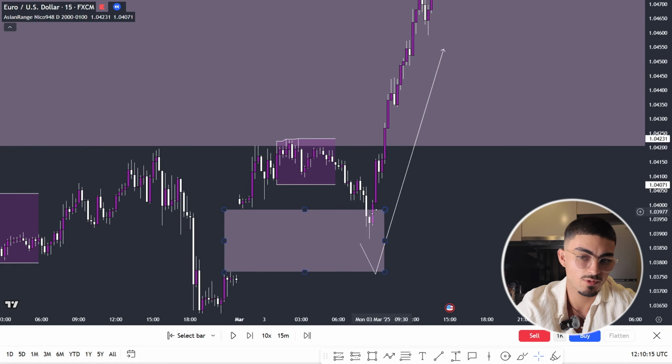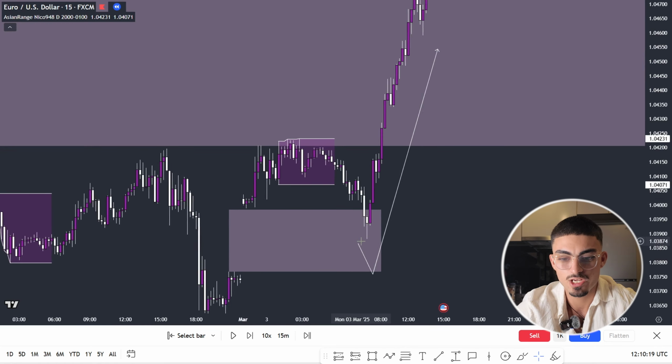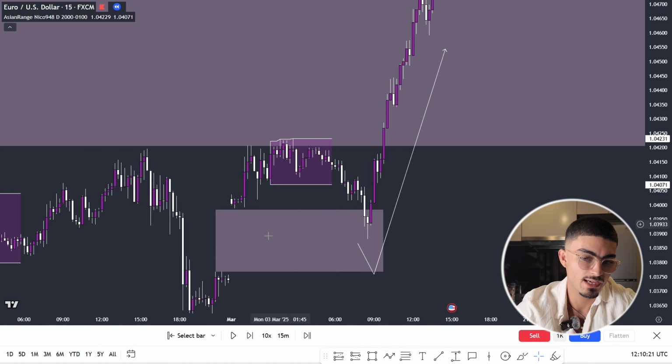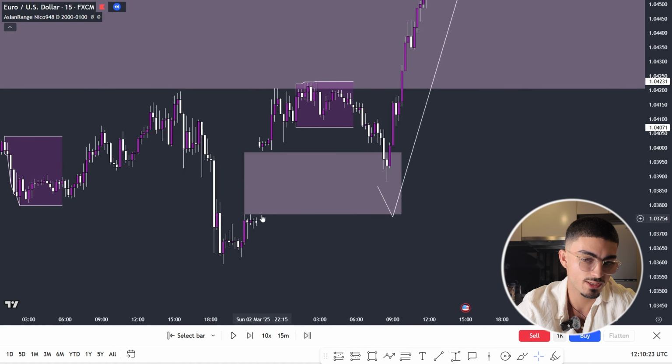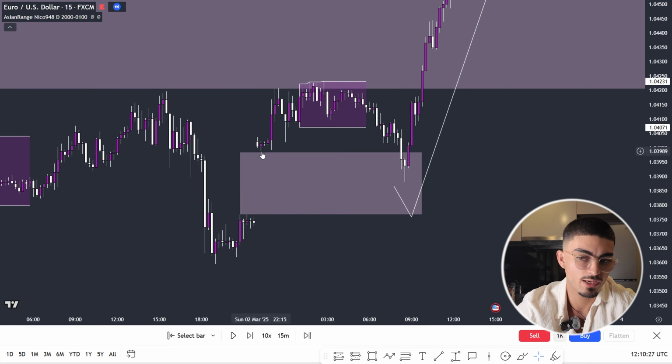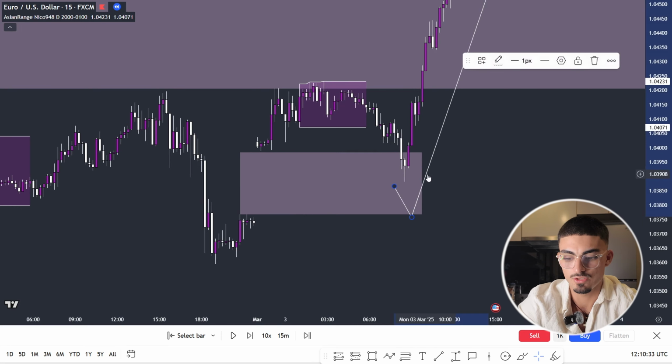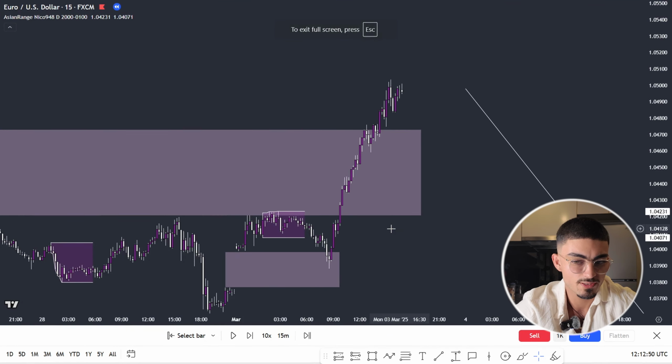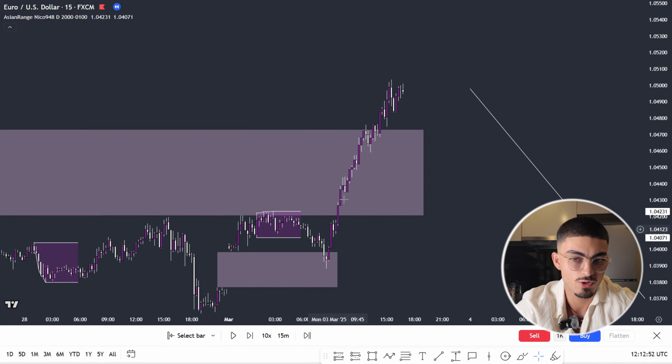As much as it did work, as much as Asian low here was swept, and then we did see a move up, it wasn't really tradable because I was waiting for the fill of this gap here, okay? This is known as a new day opening gap, which happens when the market opens for a new week. So we saw this gap here, and I was wanting it to be filled before seeing a move up, but that basically didn't happen, so I didn't really look to trade. Okay, and now that we understand what Monday was doing, you can clearly see it was going really high.